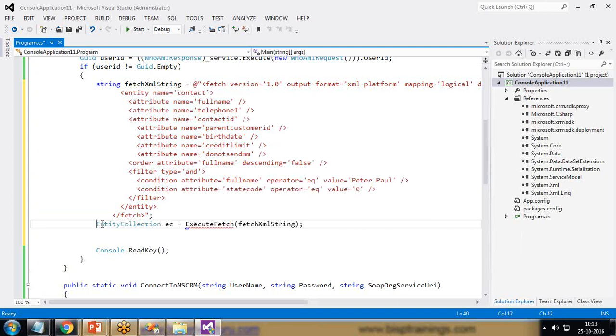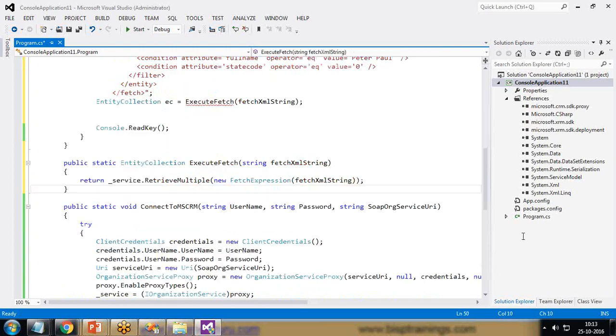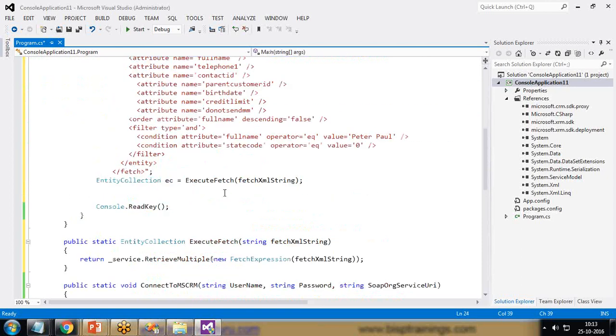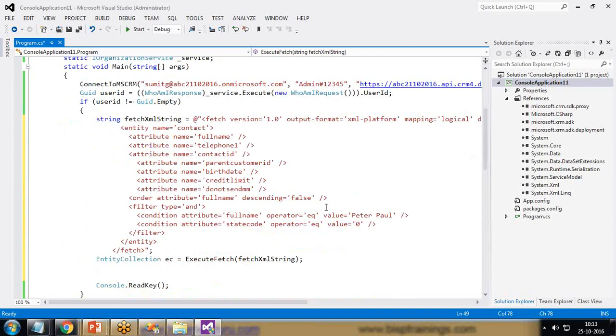Next, I write EntityCollection, and ExecuteFetch is a function. In this function, I'm going to pass this fetch XML string. We'll create this ExecuteFetch function, which gets one input, that is the fetch XML string. This fetch XML string will be passed into this function, and this function will use it to pull the data and return the records back into this